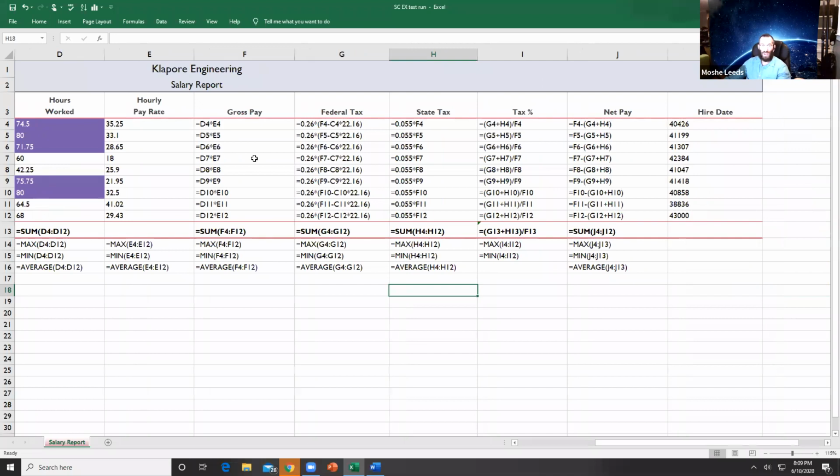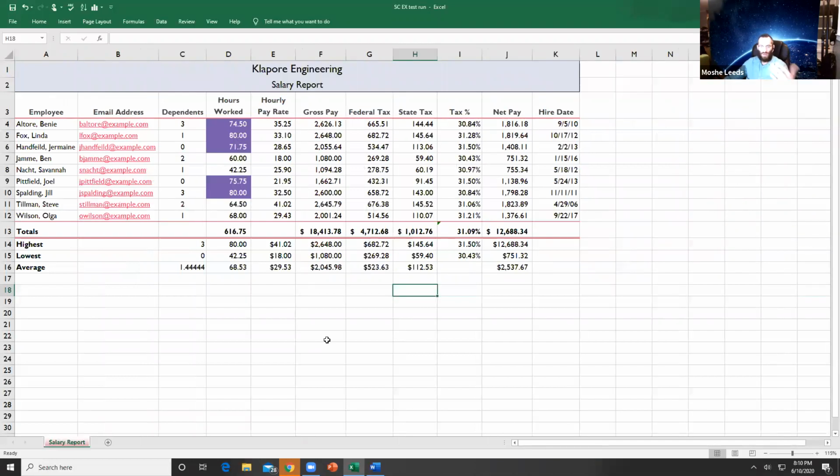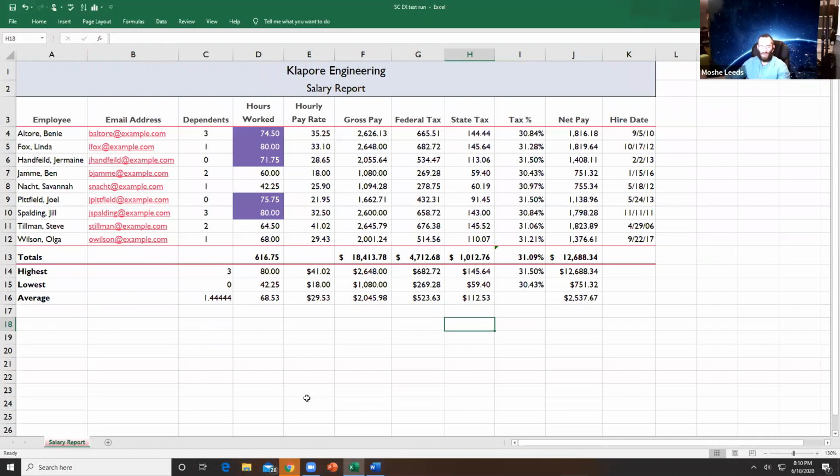But then the gross pay. So we have a gross pay that I have to figure out. I have federal tax that I need to deduct. I have the state tax percentage, the net pay, the hire date also. Here's the max, min, average. All these are calculations that we will learn in this class. Basically, we're going to learn how to create a formula from scratch, to write out your own formula. Oh, sorry, I'm just going to return the sheet back to normal, and there you go. Voila. Now it just looks like a regular Excel file,